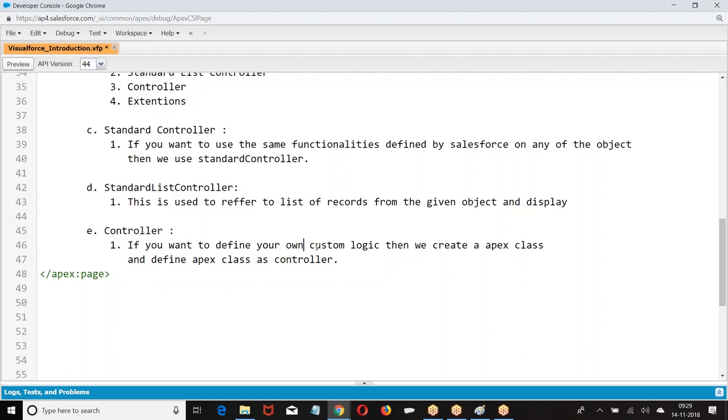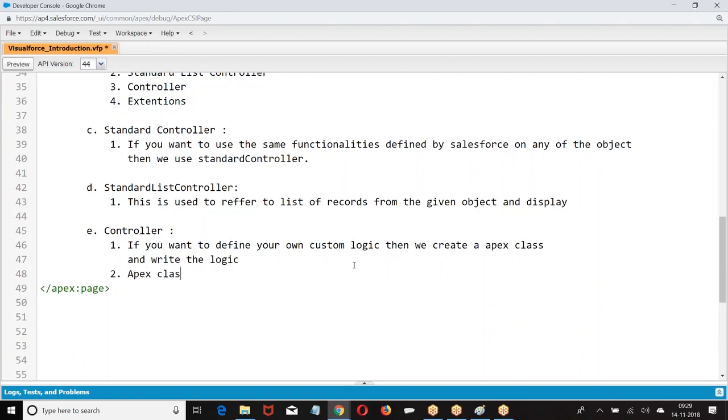When do you go for an Apex class? If you want to build your own logic, I don't want to use the logic given by Salesforce. I want to create my own logic, then I will go for an Apex class. Then the Apex class we are using as controller. If you want to define your own custom logic, then we create an Apex class and write the logic.